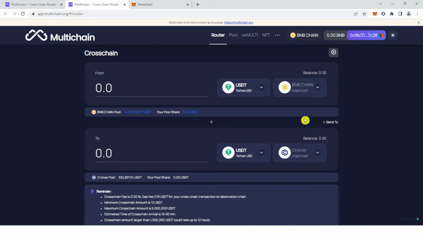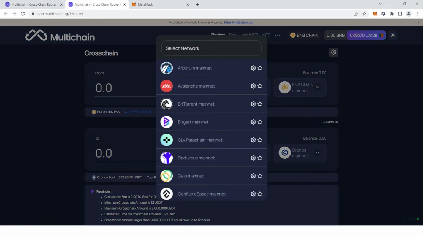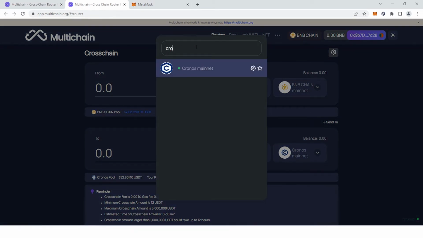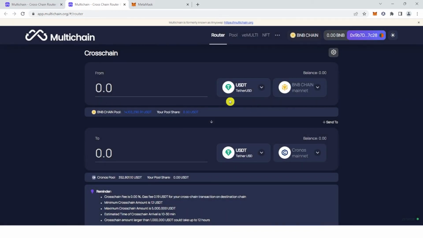After that, choose what network you're going to receive your token. And I want to choose Cronos. I will just type Cronos and then it will show here. Click here, and after you choose what network and what token you're going to use, type the amount of token